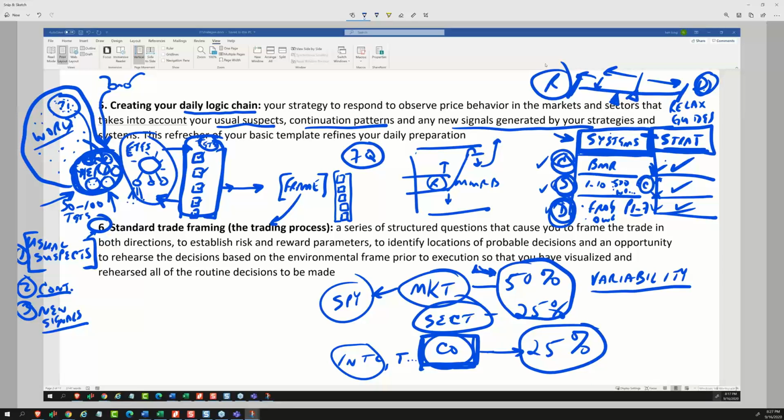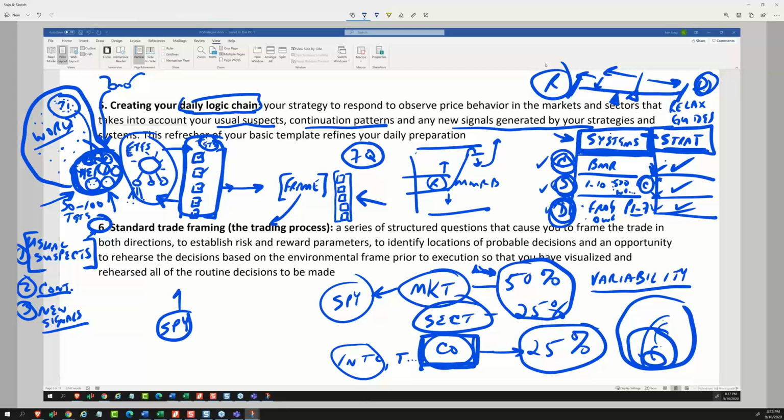So if we take the broad market and the sector and then the company, we can actually see the synergy between those and then see all of the price movement in one. So when we're talking about creating the daily logic chain, what we do is we take those 5 targets that we framed and then we construct something like this. We say, I need a plan on my dashboard to see what the market is doing. Is the market going up or down or sideways?